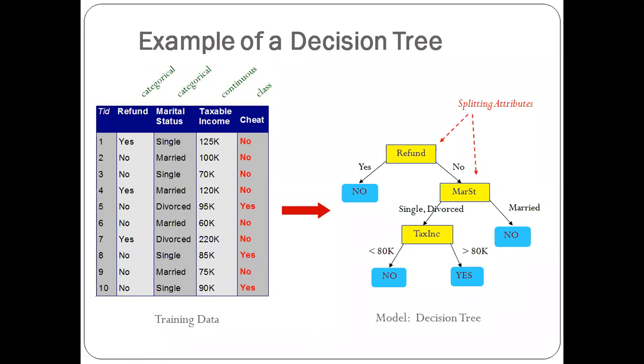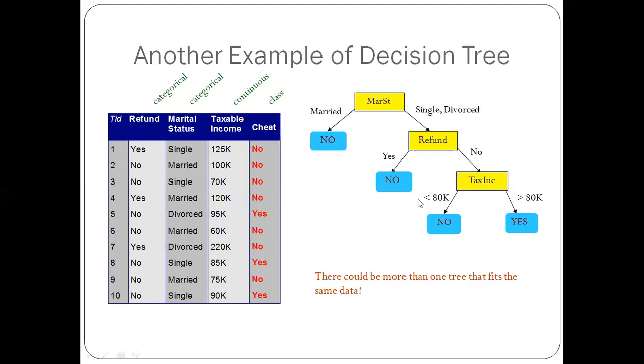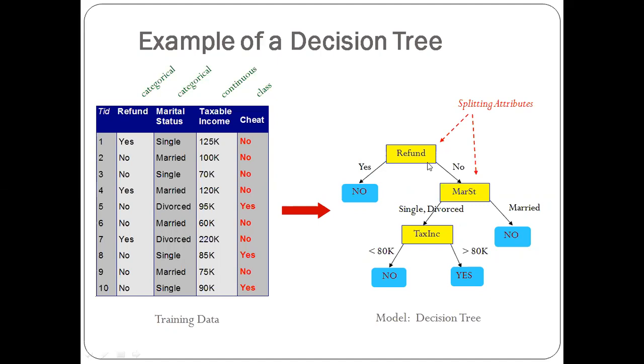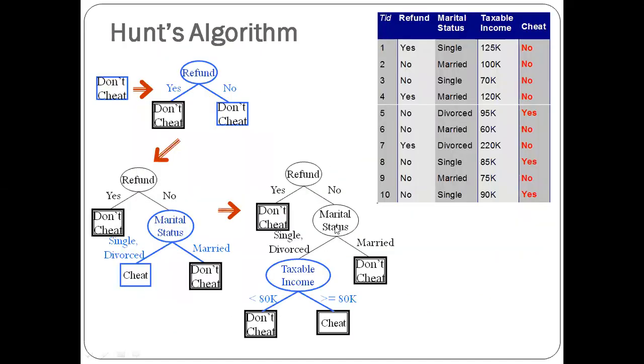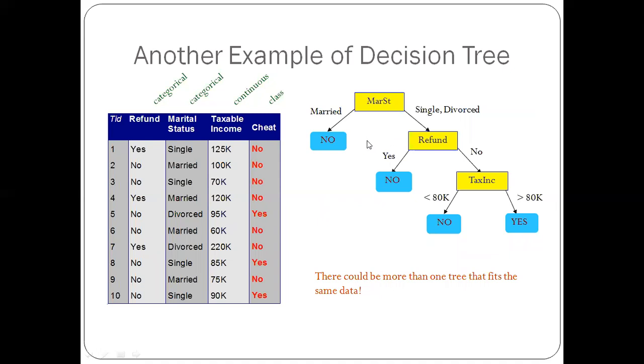Each time we select one of the attributes as a splitting attribute and then divide or split the records. Initially we chose refund as the splitting attribute, and at the next step we chose marital status and then taxable income. These attributes are called splitting attributes, which are used to split or divide the training records. And one more thing: it is not the case that you must have only one kind of decision tree. This was the decision tree which we had built, but you can have more than one decision tree also. See here, instead of choosing refund first, we have chosen the marital status.